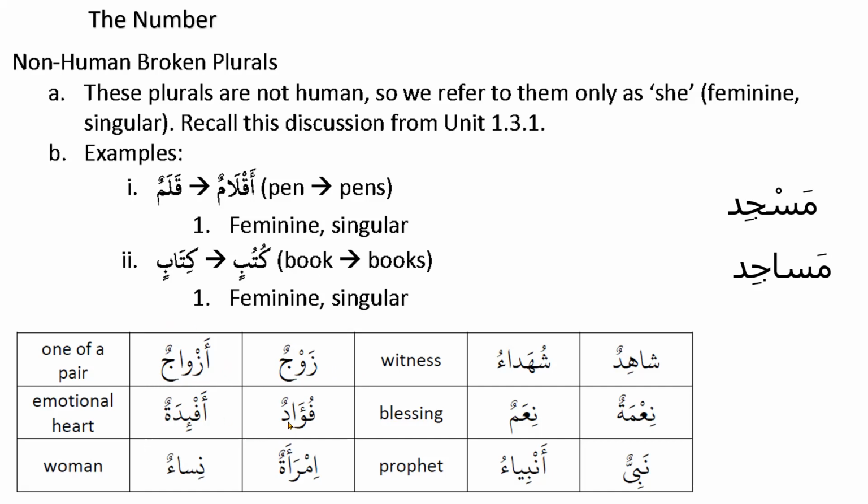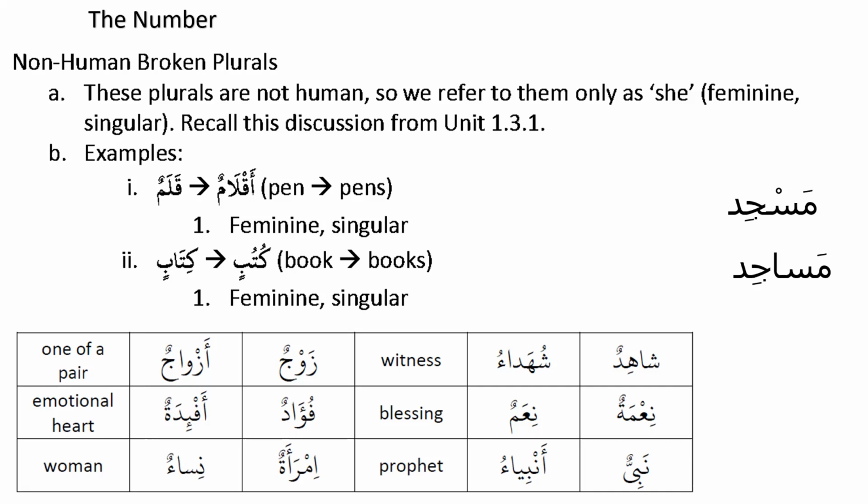For example, this one, fuadun and af'idatun. Look at this. This is a different way, okay? So the word fuadun means emotional heart, one emotional heart. Fuad. A lot of people's names are Fuad, right? Especially in Bangladesh, right? So fuadun means an emotional heart, in the singular form, one emotional heart. When I say many emotional hearts, okay, five of them maybe, or ten of them, or a hundred of them, I say af'idatun. And look, when it becomes plural, somehow it got an alif at the beginning and a ta marbuta at the end. This is a completely different word.